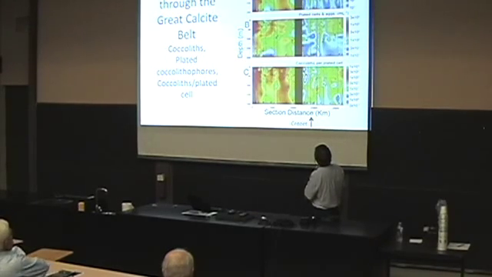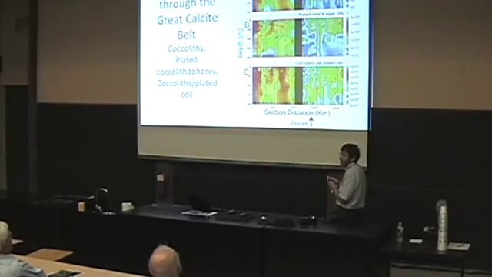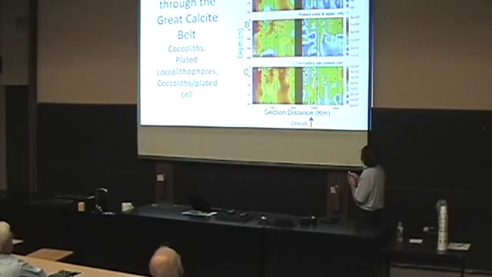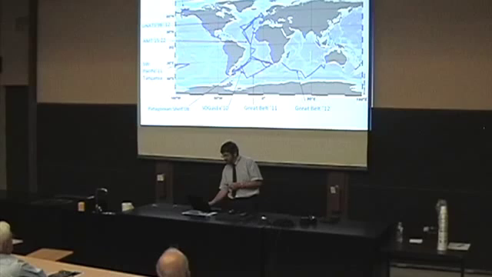Negra, Chile, and Fremantle, Australia, and each of these are sections. The first thing you note, in these sections of coccoliths, and this is depth, is that the Atlantic has way more than the Indian sector here. And we're meandering, we're crisscrossing the Great Calcite Belt, which is what we've come to know of it as. But every time we go in it, we see these high concentrations of coccoliths. These are the plated cells, which correspond with those coccoliths in the water. And so these are really the first cruises that have verified what the PIC algorithm has seen from space, that indeed this is calcium carbonate of these coccolithophores.